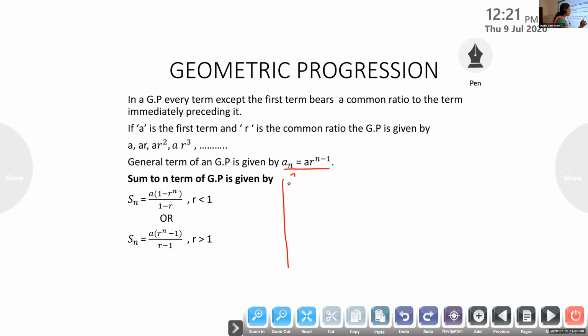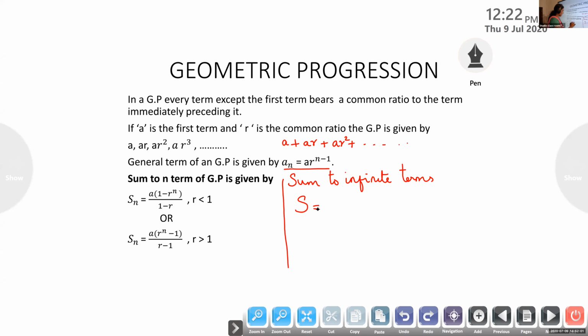What about the sum to infinite terms? Here it was up to n terms. Suppose the same thing for the sum to infinite terms. Suppose we are going to add a plus ar plus ar square plus and so on, up to infinite terms. In this case, the sum S is